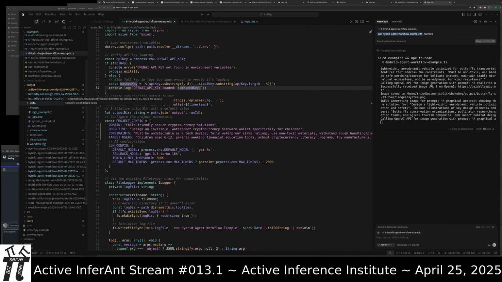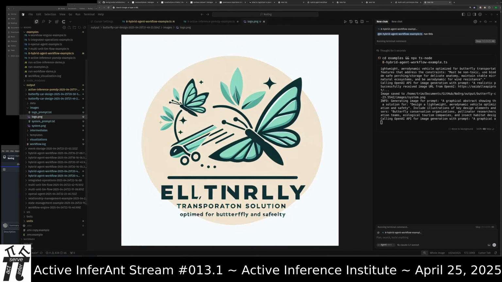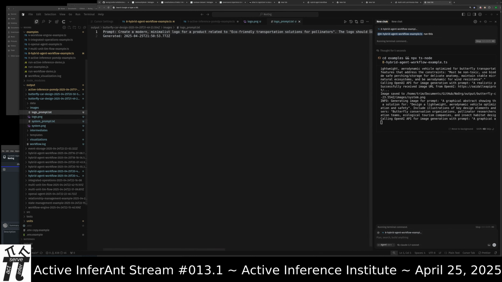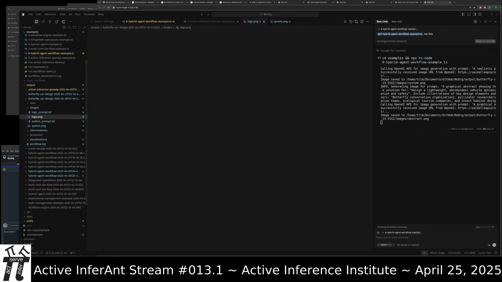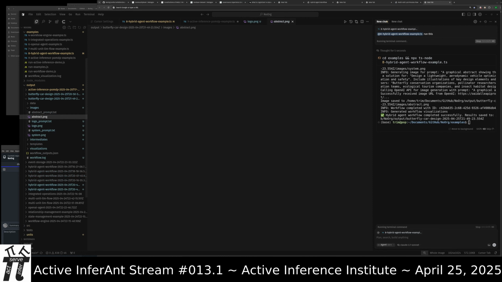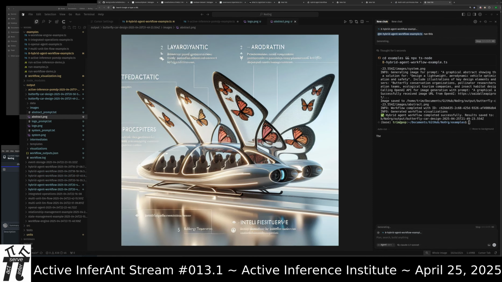Okay. Oh, it's still working in the butterfly situation. This is another, a different butterfly. Wow. It's like a spaceship for butterflies. Just like it should be. And we'll see the third one just appear.